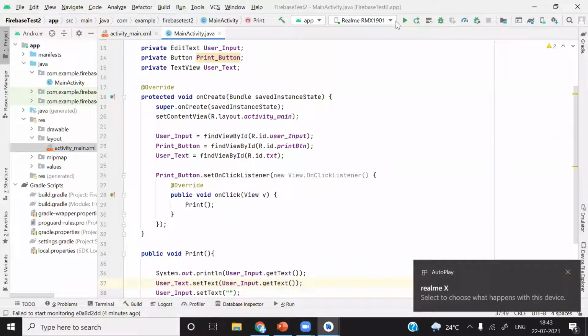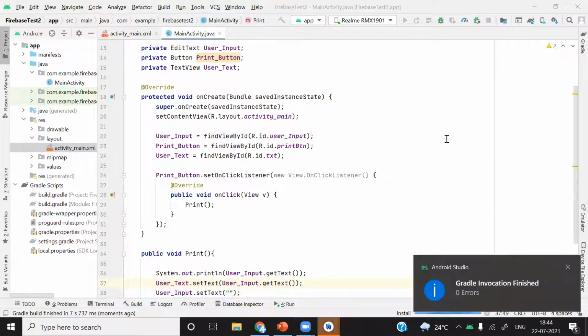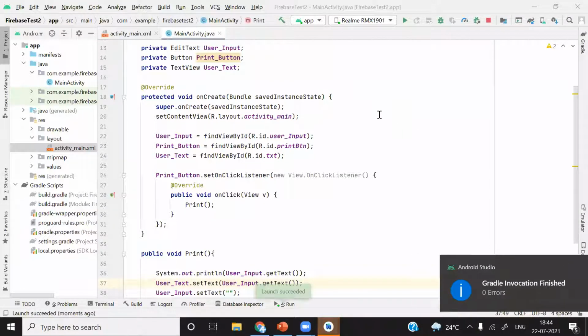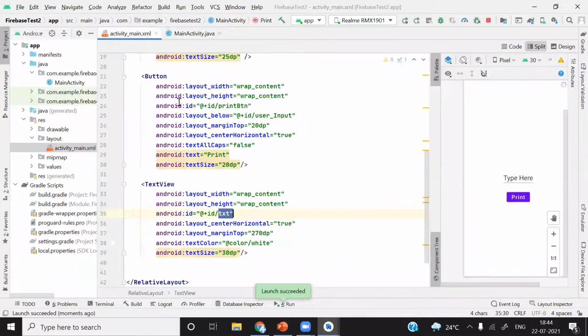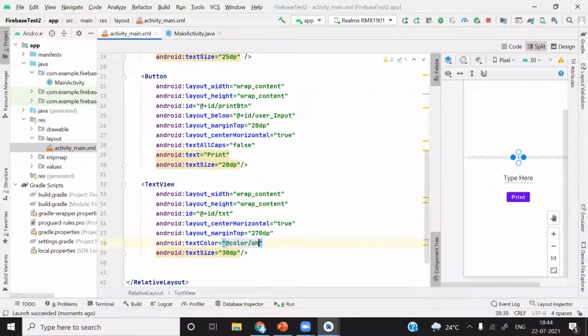Okay, we'll run it again. You can see that our physical device has appeared here. I'll simply run it. Okay, I have written it white.